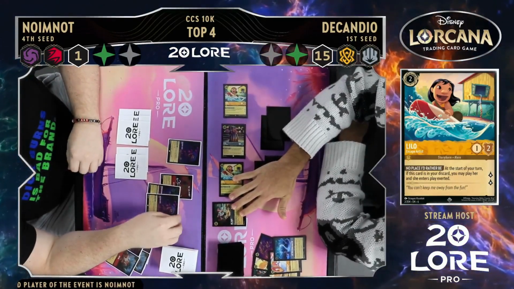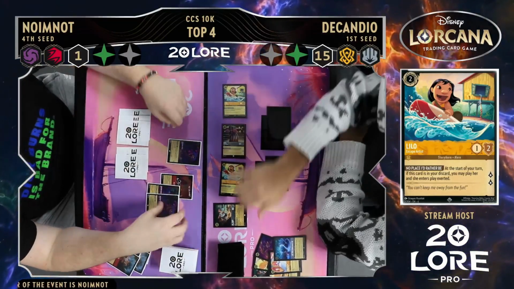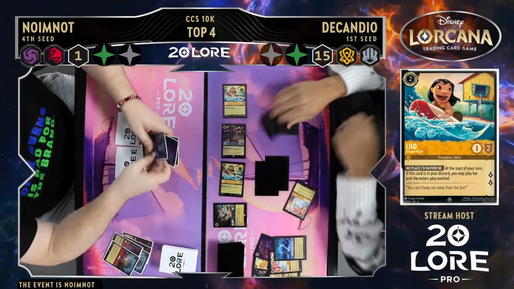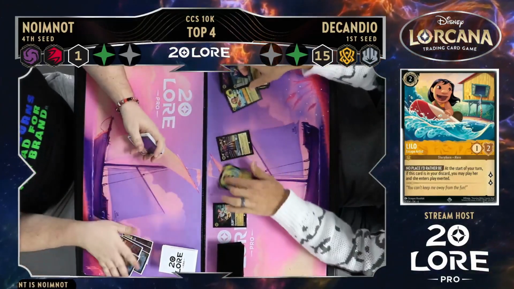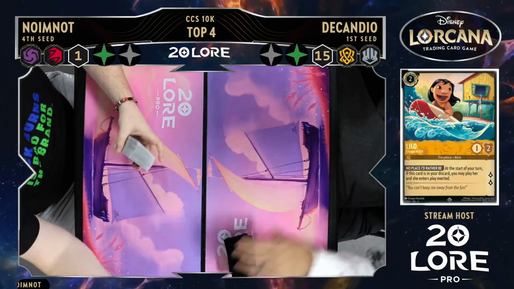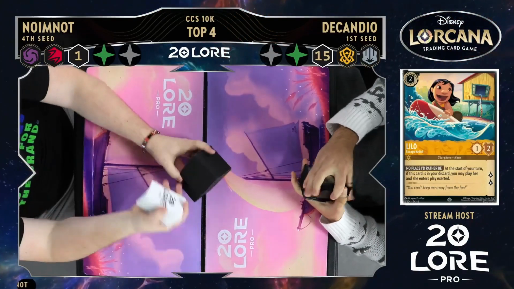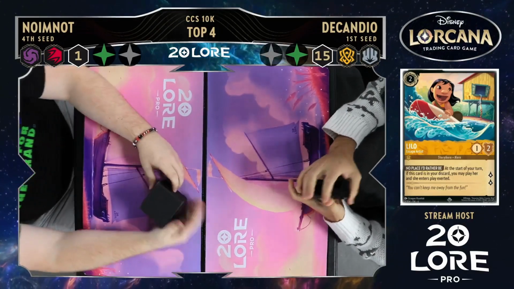They can take out 1, but it's just not enough, and I don't know if even the Be Prepared is going to be good, because with Be Prepared, you just immediately follow it up with Lilo, and the double Lilo is just too much. Now, it could have been double Piglet, and that probably would have been good enough too. Yeah, exactly, but those Lilos being able to come back like that anytime, I mean, congratulations here to DeCandio on